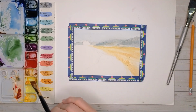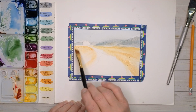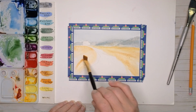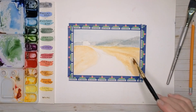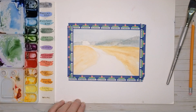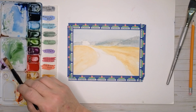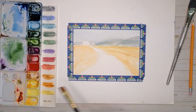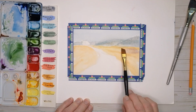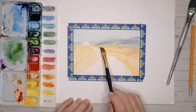That's some kind of crop he's got. And it's maybe ready for harvest, which is probably why it's this color. So if I leave that, that's not going to look very distant. But my raw sienna, so the opposite of raw sienna is going to include a little bit of violet, because that's the opposite of yellow, and raw sienna has a lot of yellow in it. We're going to put some violet back here in the distance, and we're going to water it down a little